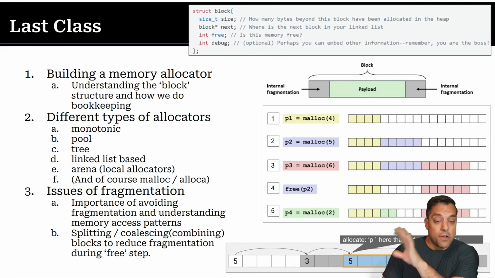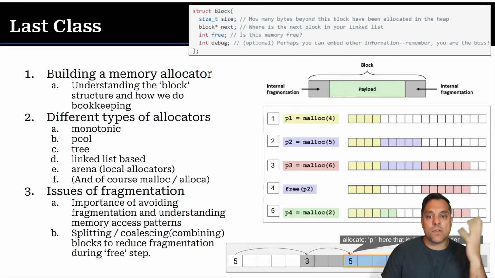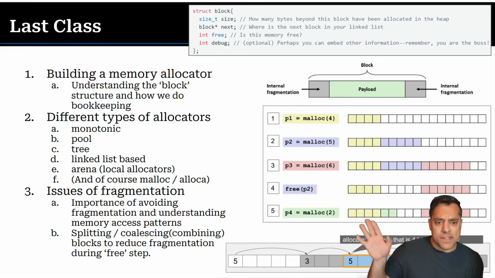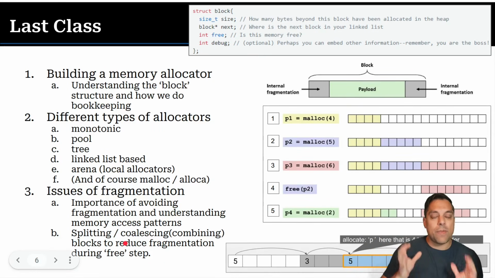We're hurting locality, right? Spatial locality when we do this. We're wasting resources. So again, we want to do a nice job or choose from a number of allocation strategies to fix this. As I alluded to, we'll talk about potentially doing another allocator assignment after, where we can split and coalesce these blocks, combine the blocks to do a better job of ridding the fragmentation, perhaps when we do